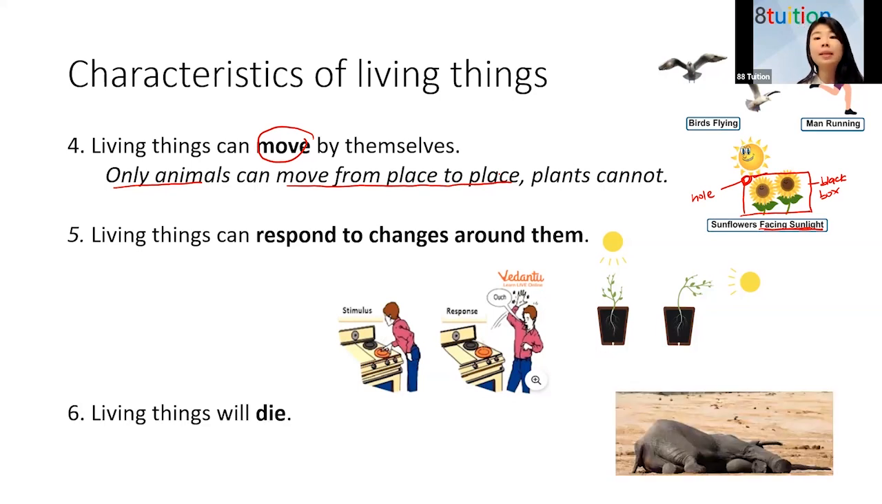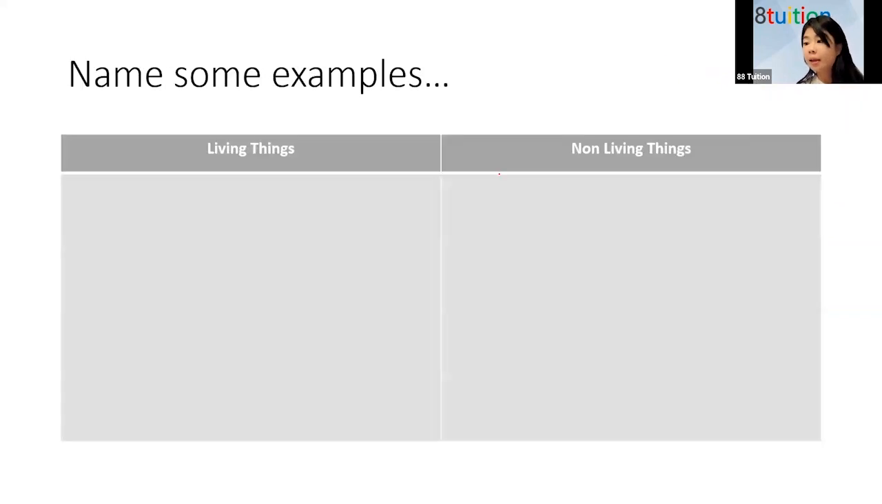Okay, 6, living things will die eventually. So all living things will not live forever and ever. They will all die. Okay, so these are the other 3 that I want you to memorize. Okay, now,